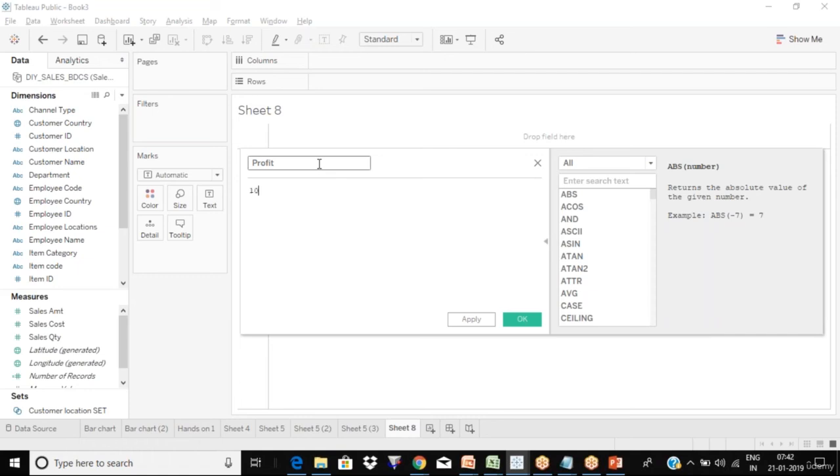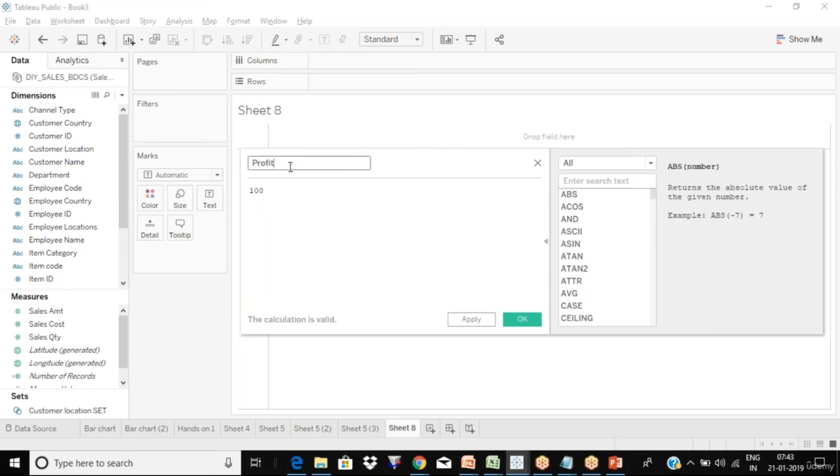You will not write it like in SAS, where you write profit is equal to 100. Here the syntax is not like that. You're not writing any code. You will give the name, and in this space you will write the value, or a formula, if-then-else conditions and all that. But let us look at simple things first.